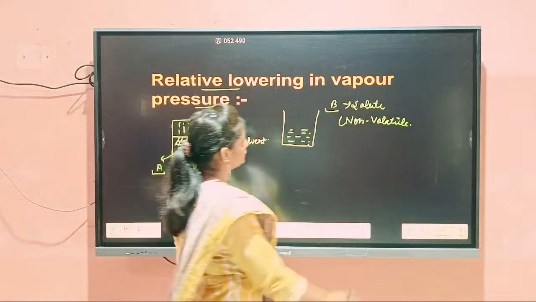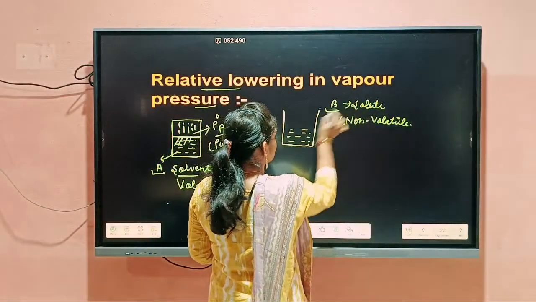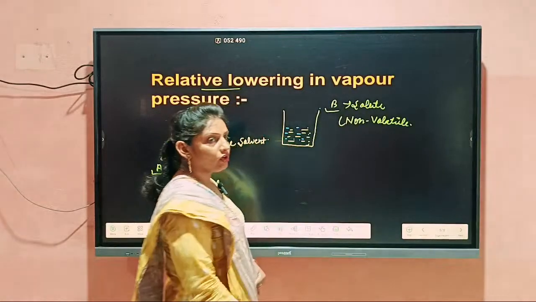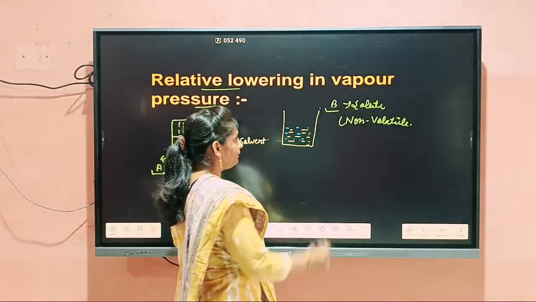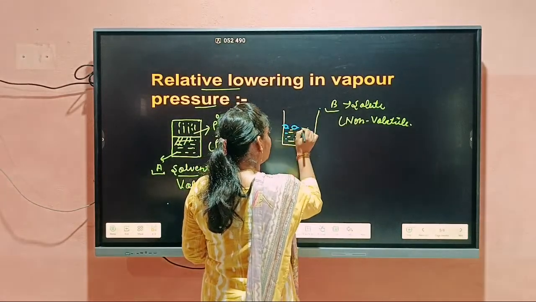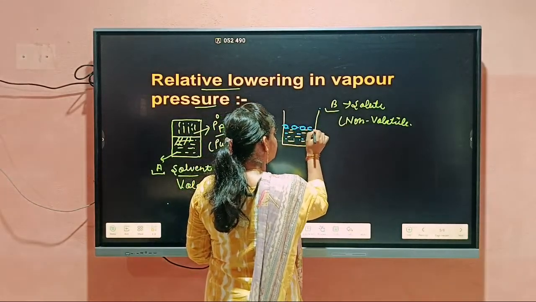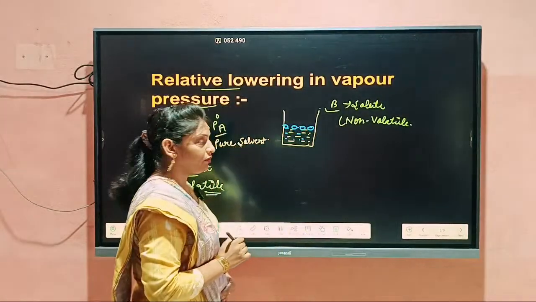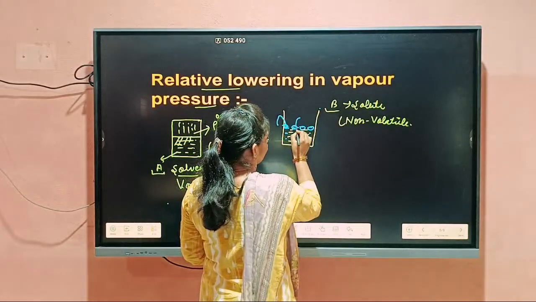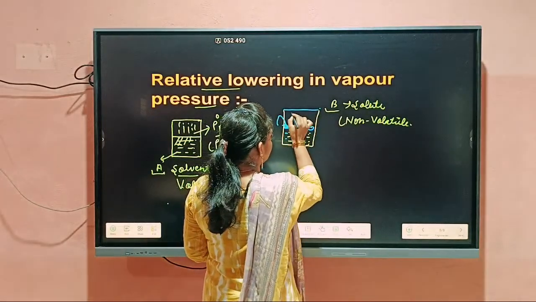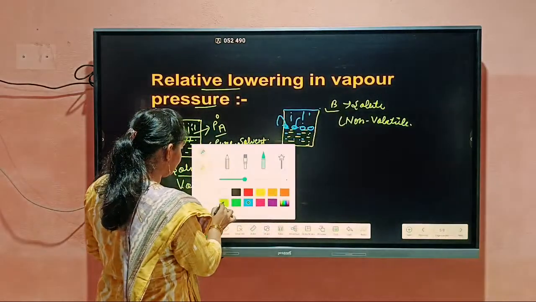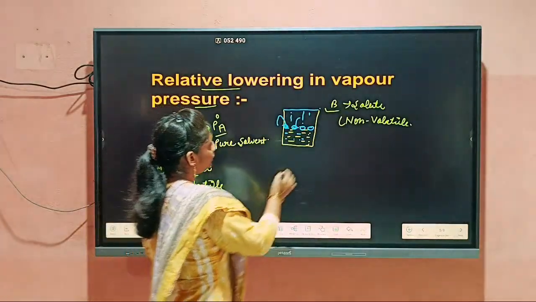So let us consider I add some solute particles in this. These are non-volatile. They are not producing vapors, but they are lowering the vapor pressure of the solvent, because at the surface some solute particles are also present. Now the partial pressure of the solvent is PA,